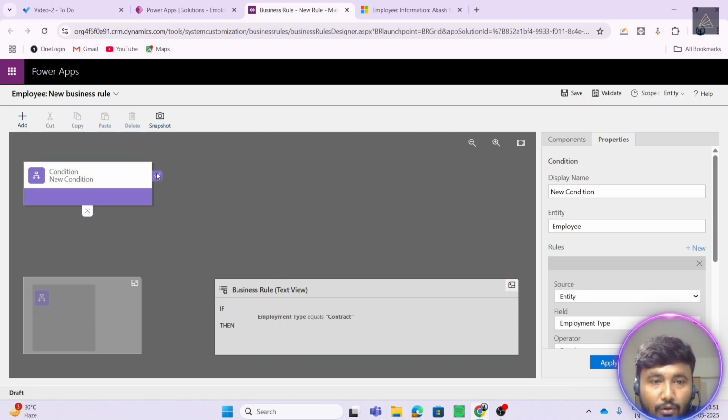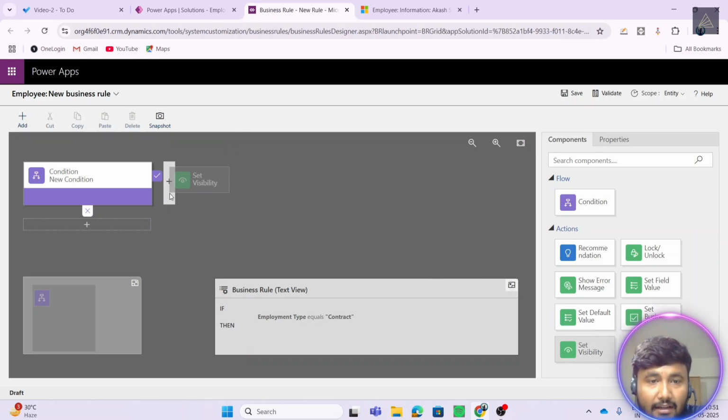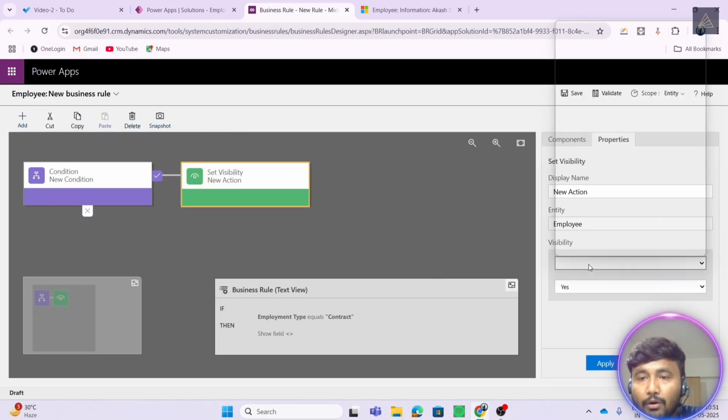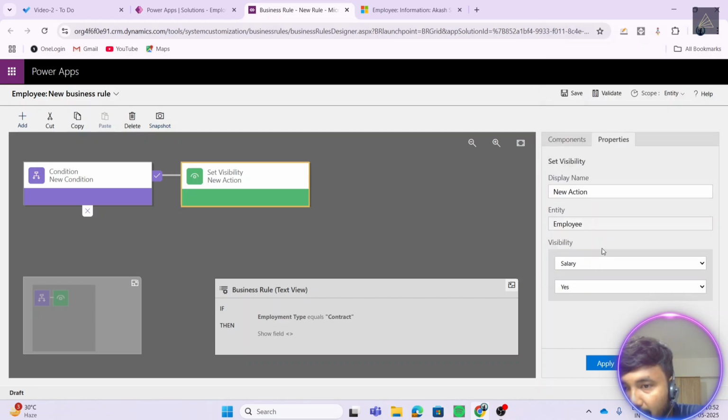So then I want to add one component here. I will go to component, click on set visibility, and add it here. I want to set the visibility of which field? Salary field. So I want to hide it, so I want to say the salary field should be no. So you can see here, hide field salary. Okay, this is how it works. So we have just added one condition here. Now I'm just going to click on save,